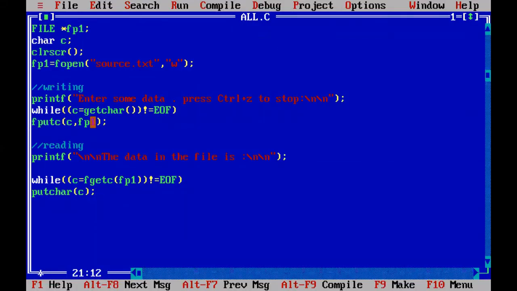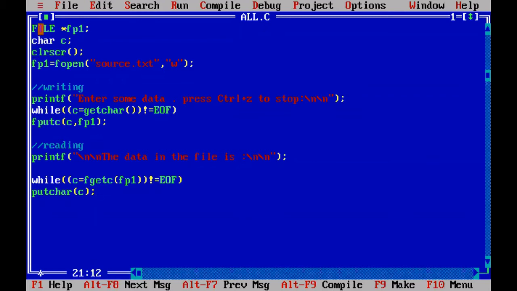So if you are trying to read with this code, the file marker is already at the end of the file. When you try to read, the file marker will move in the forward direction, but there is no data, because the file marker is already at the end of the file. To read the data, we have to move the file marker from the end to the top, to the beginning of the file.